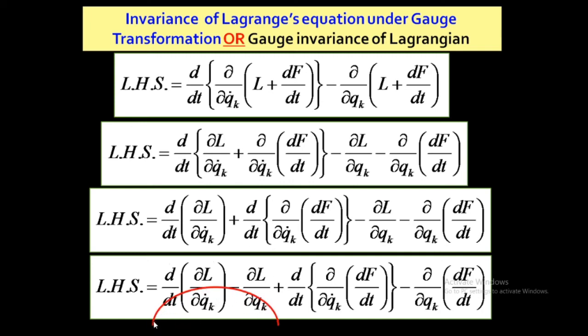This is Lagrange's equation, because Lagrange's equation means d by dt del L by del qk dot minus del L by del qk. And the value of Lagrange's equation is 0. We know that Lagrange's equation d by dt del L by del qk dot minus del L by del qk is equal to 0, we write. So in place of this, the left hand side of the Lagrange's equation, I can write 0, because this is the Lagrange's equation term. So d by dt del L by del qk dot minus del L by del qk I can write as 0.